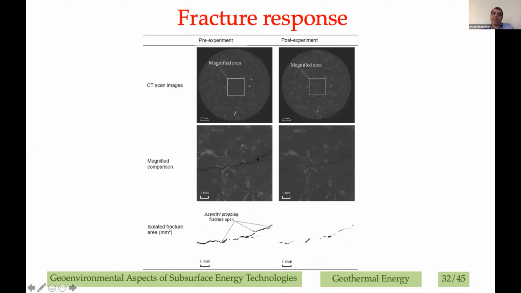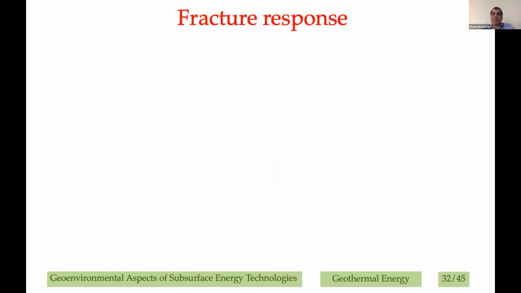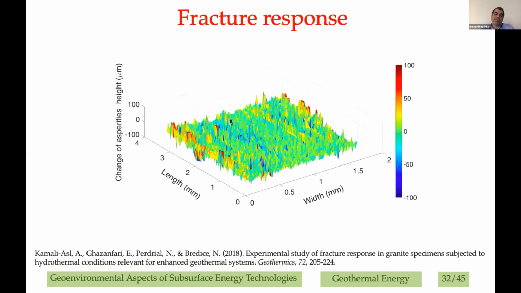You can see that the fracture has been gradually closing when you compare pre and post test. And you can also do the chemical analysis. Typically, we do the ICP analysis to figure out what is the change in the concentration of the minerals and the elements, which elements have been dissolved, which has been precipitated. And that basically allows us to better understand the flow response of these rocks under the in situ stresses.